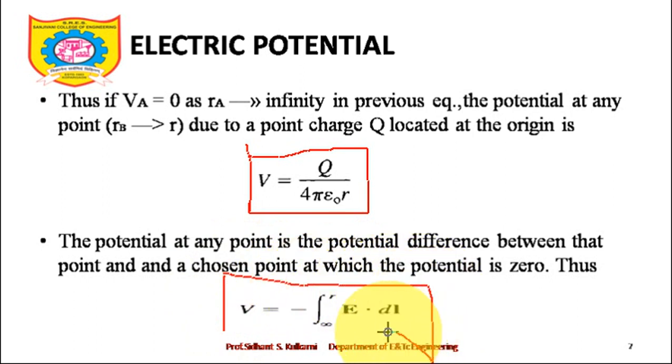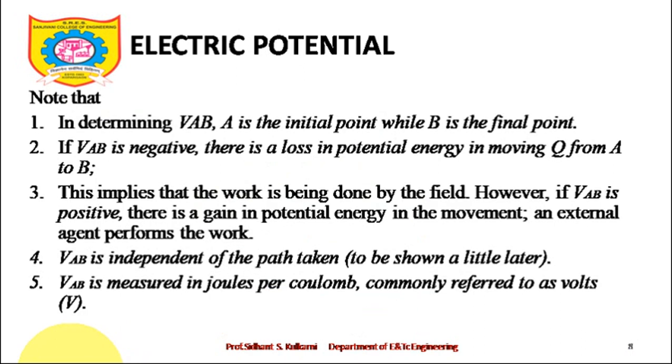Potential V is equal to the integral of E bar dot dl bar, because Q has already gone into the denominator, from taking a unit positive charge from infinity to a distance r against the electric field. These two expressions are very important. So the potential is a scalar entity which will give you the potential at a particular point when the reference is known to us. The reference may have a certain voltage, or usually in point charges we take it as 0 potential.